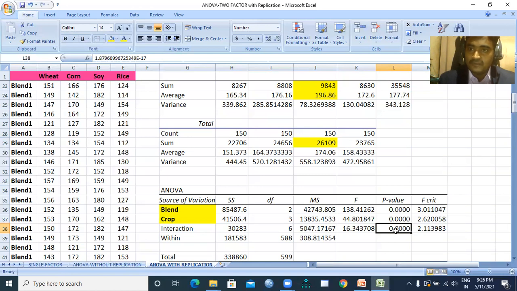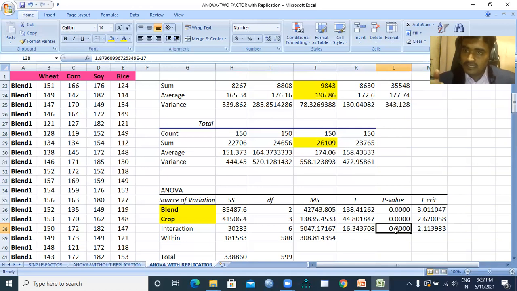The outcome of the crop is extensive. It's not just like 2 plus 2 equal to 4. It's 2 plus 2 equal to 6, 2 plus 2 equal to 10 also. That means when both interact with each other, fertilizer 3 and soya crops interact with each other,